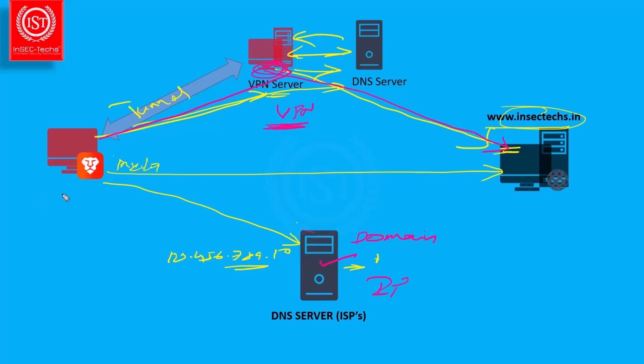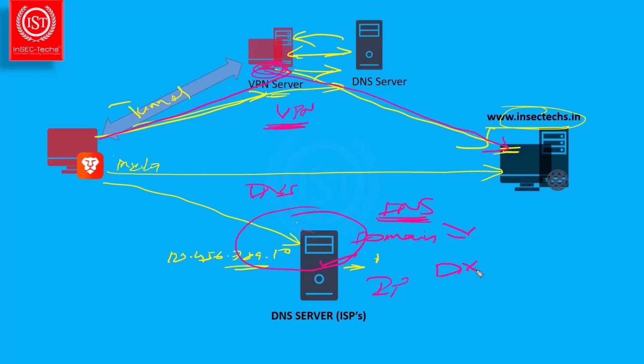It means that the source computer's information, that is the IP address and all activity, can actually be logged by this ISP. And that is called a DNS leak. It means even after using a VPN, the domain name resolution is done by your ISP, and it is called a DNS leak. This should not happen, and it is a security flaw.